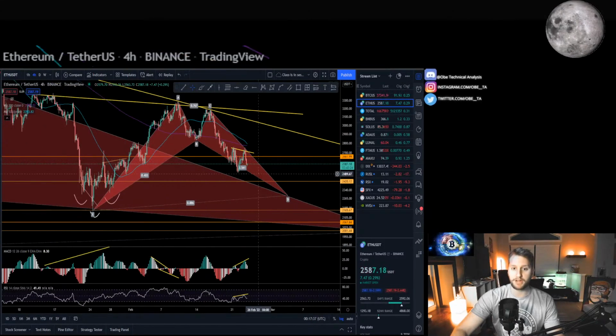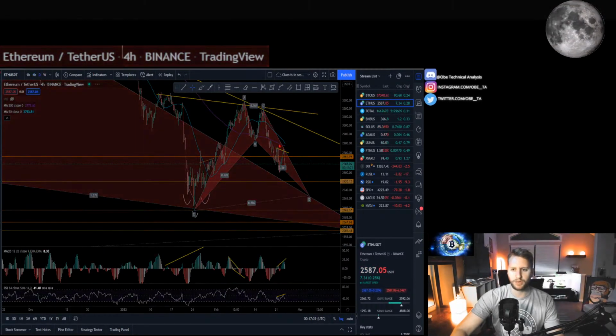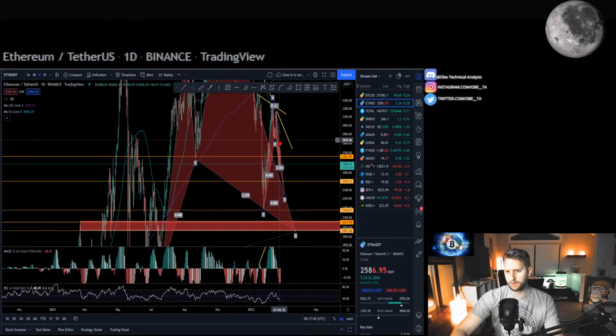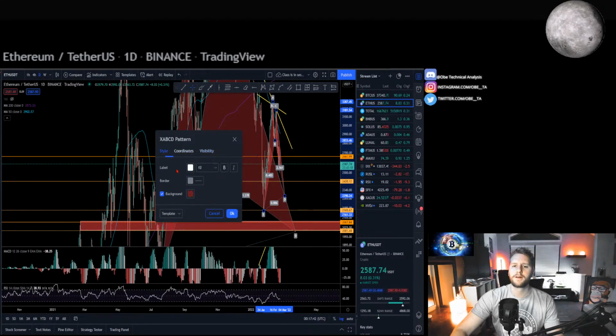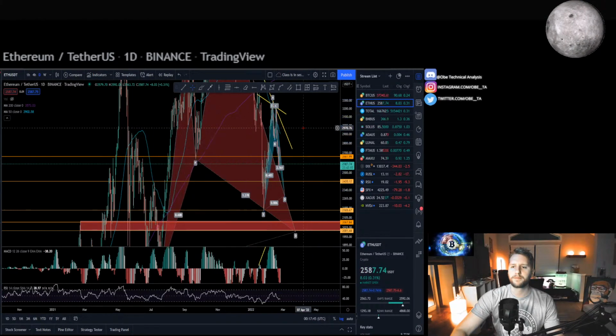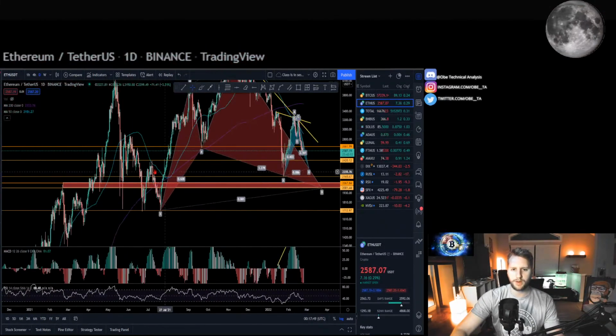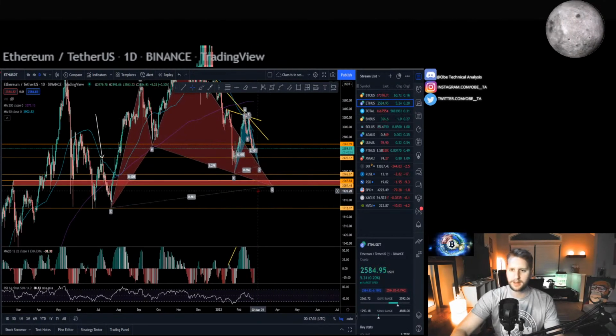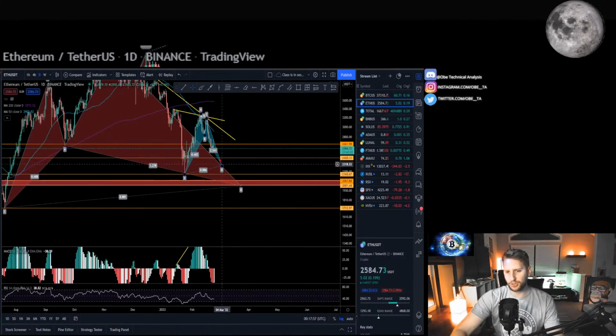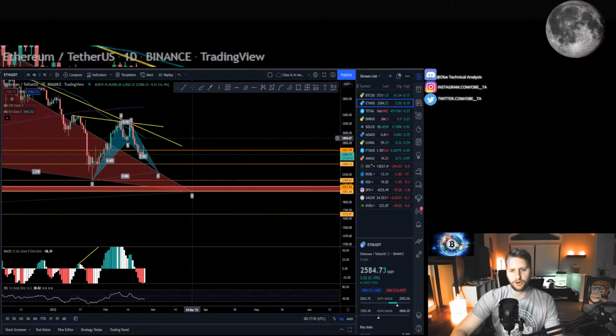It's implying continuation to the downside, at which point you head down to this peak back here from July 5th. This is the inflection point to 2004.20 that we're looking to hold. So between that and then the pattern completion zone of this bat,